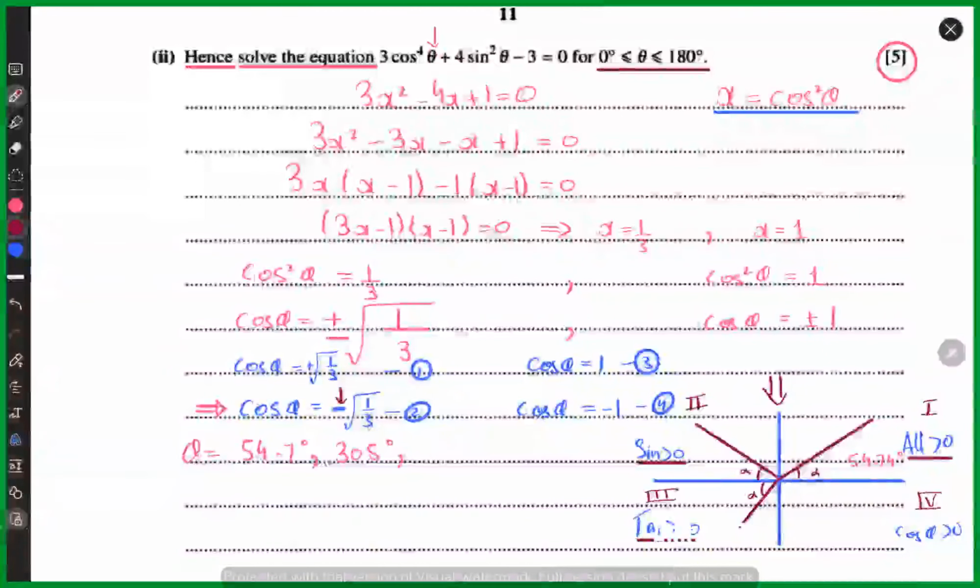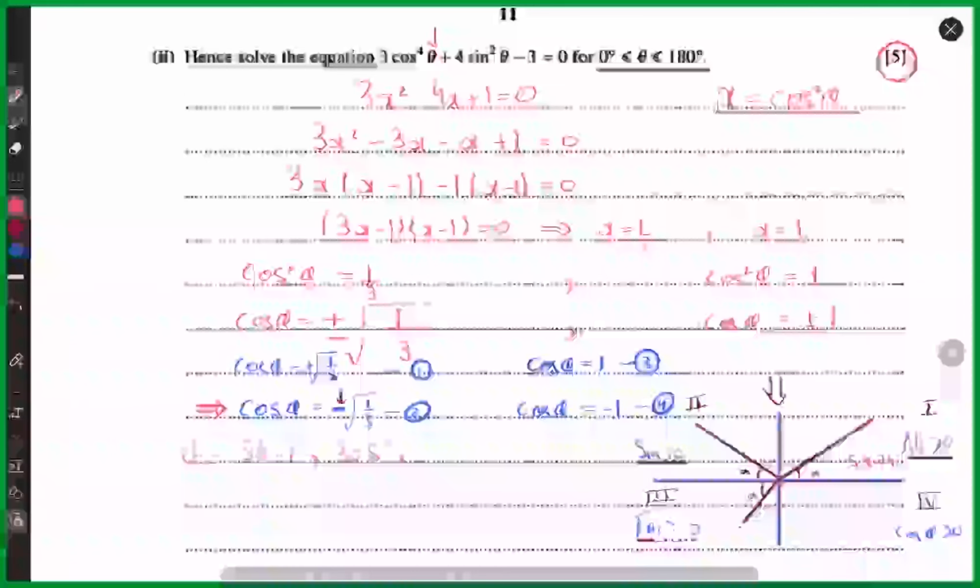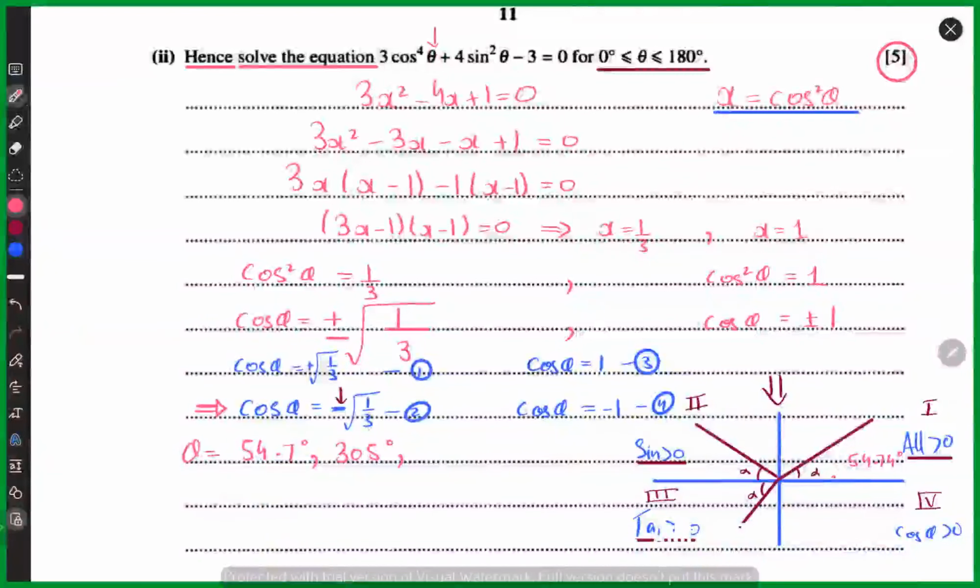The value of alpha does not change while we are staying within one equation. So when you do cos inverse, even if you have a negative, just skip the negative and do cos inverse root 1 by 3. That gives you alpha, the same as in the previous equation. We want the angle in the second quadrant, so I start from here, stop at this point, and this alpha is again